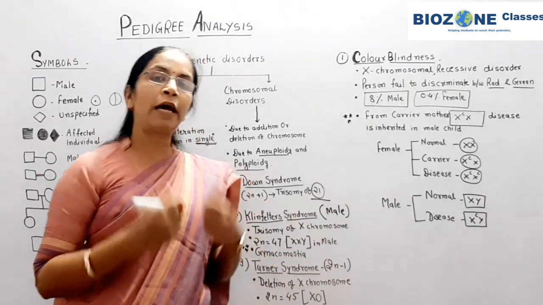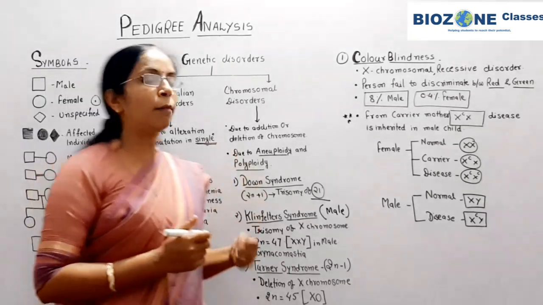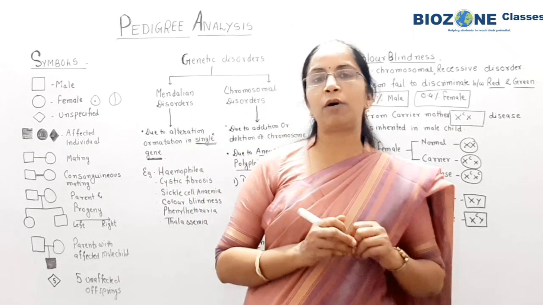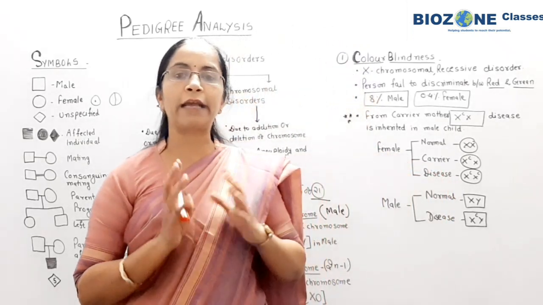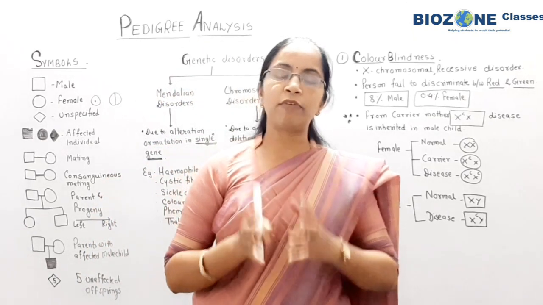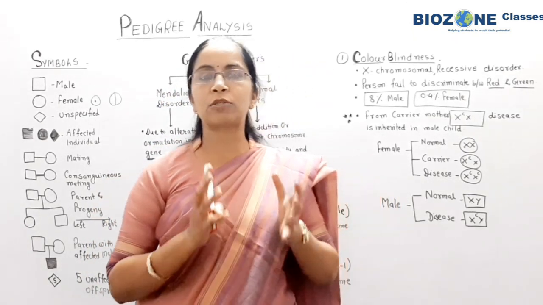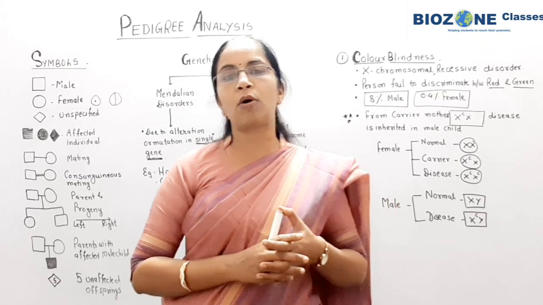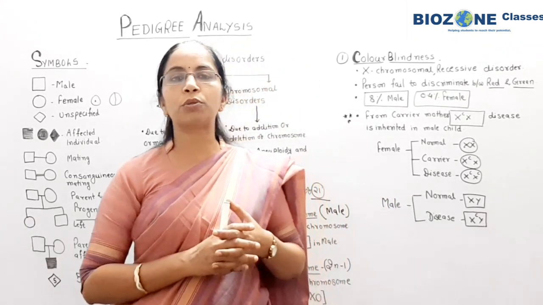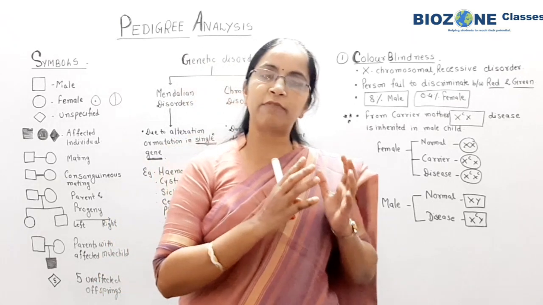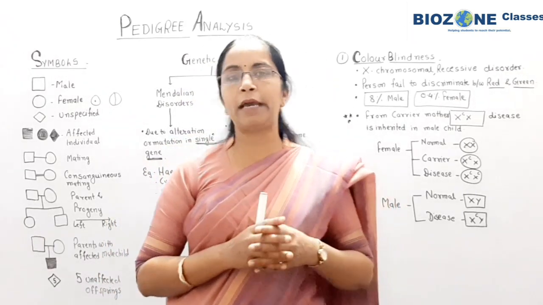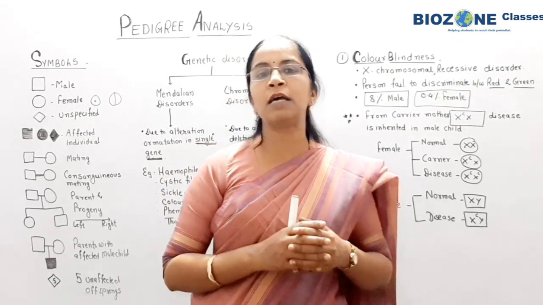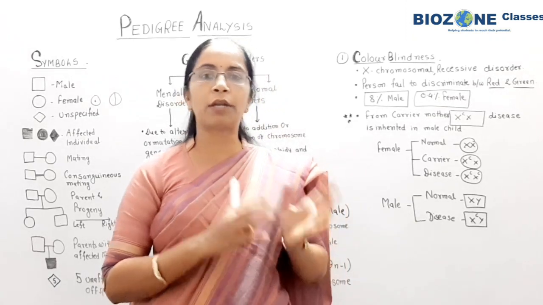Now we come towards X chromosomal inheritance. When we study heterosomal inheritance, in the last class on sex determination we studied that the heterosomes in females are XX and in males are XY. So in females, genetic inheritance caused by sex chromosomes is only caused by the X chromosome. But in males, it is caused by the X chromosome as well as by the Y chromosome. You have to study X chromosomal inheritance. Y chromosomal inheritance is called Holandric inheritance, and Holandric diseases, that is not in our syllabus.